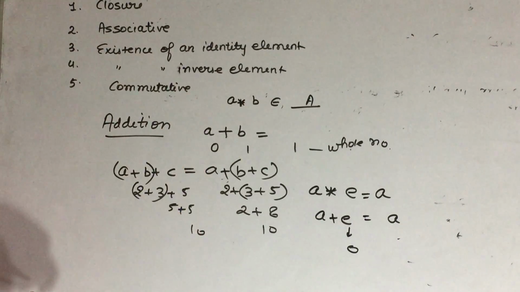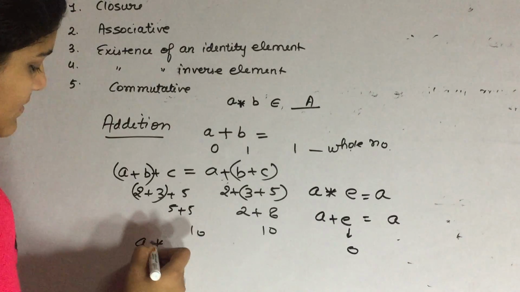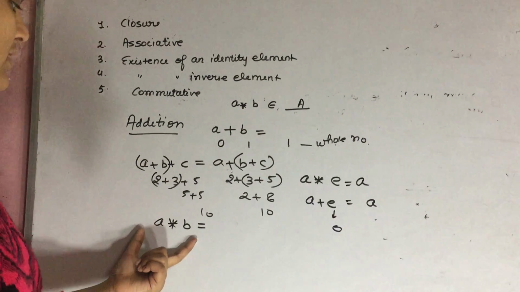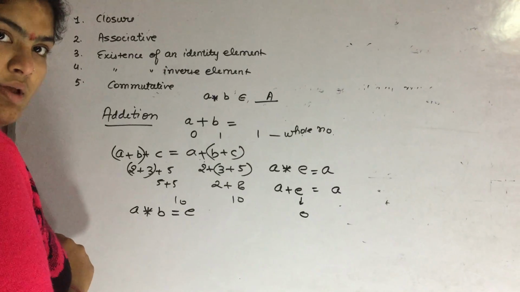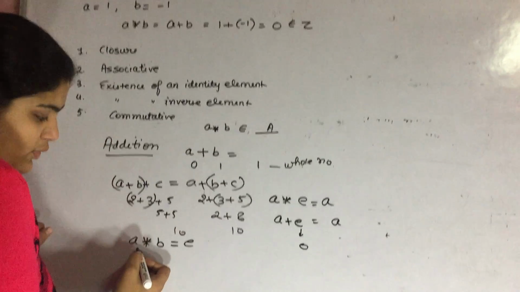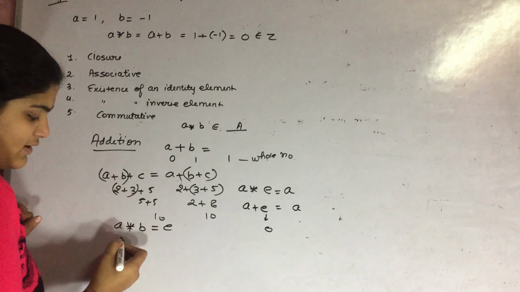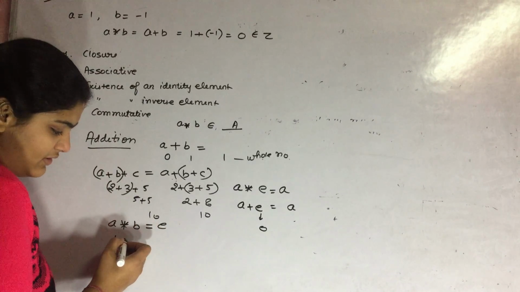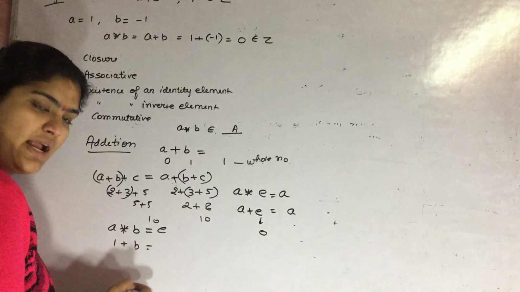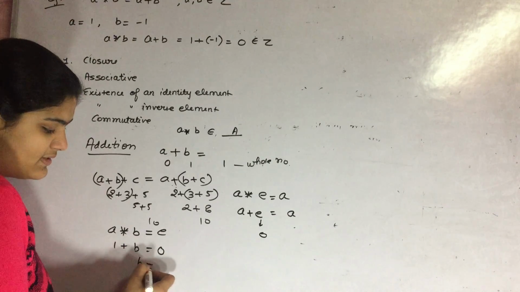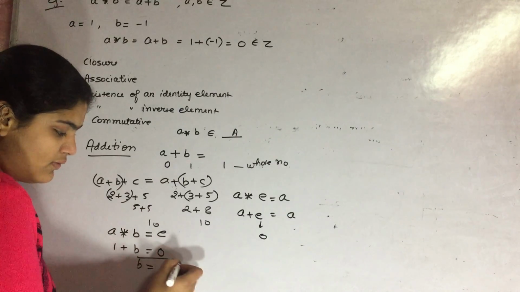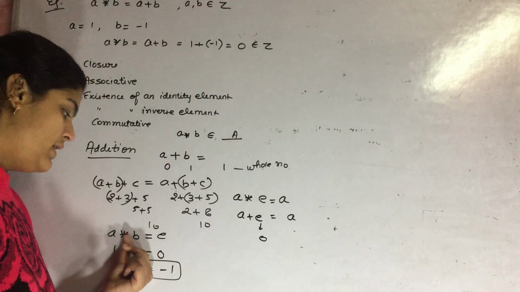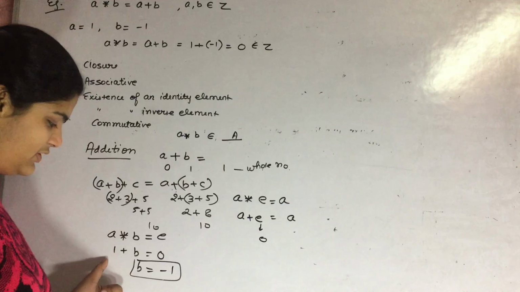Similarly, now we are talking about the inverse element. So inverse element is the element, let us suppose B. Whenever you apply the A and B operation with each other, you have to get identity element. What does it mean? Let us suppose you are taking any element like 1 and you want to have the identity element over the operation 1 plus B. Your identity element for addition is 0. So your B becomes -1. So that means inverse element for addition operation particularly is the negative sign of that number which you have taken.